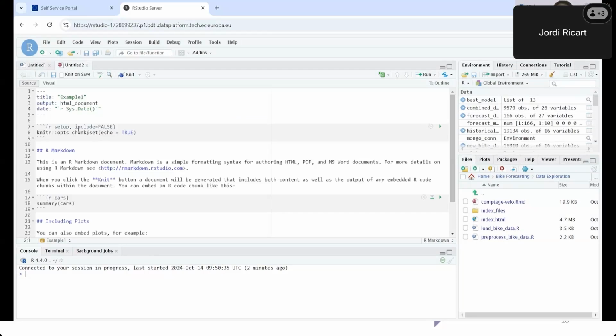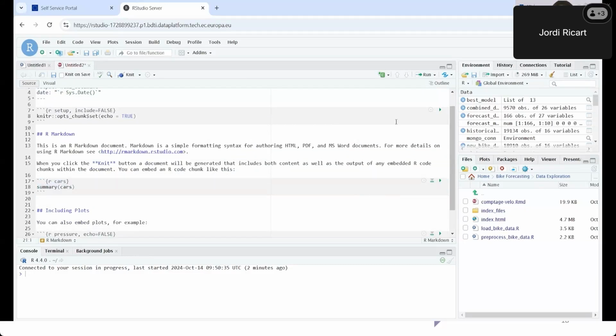So how this is structured is just the first initial YAML section. This header contains the metadata about the document, such as the title, the author, if we had included that, the date, and the output format. And then we have the text and code. So in an R Markdown file, regular text like this is written in Markdown format, and code is enclosed in chunks like this one. So you can select R to create an R chunk, or click here and include any other type of chunk. So if we select Python, this is now a Python chunk.